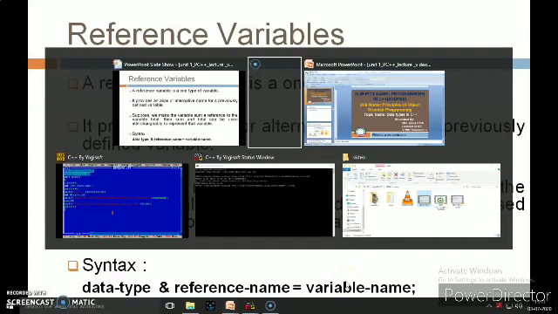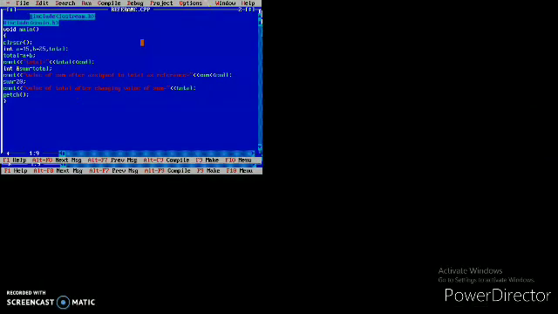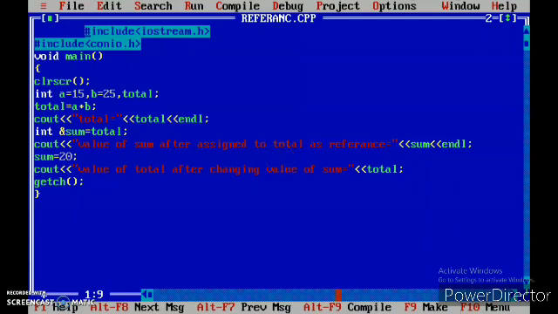Now let's see the program. See, in the program we have declared two variables, a equal to 15 and b equal to 25. One more variable is named total. Now total is equal to a plus b, that means the value of addition will be stored in total.